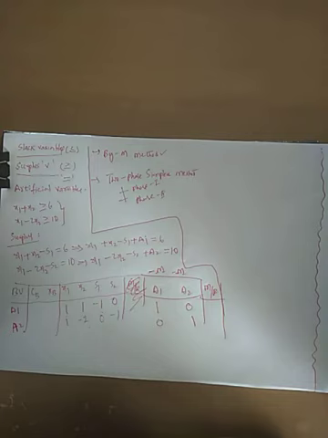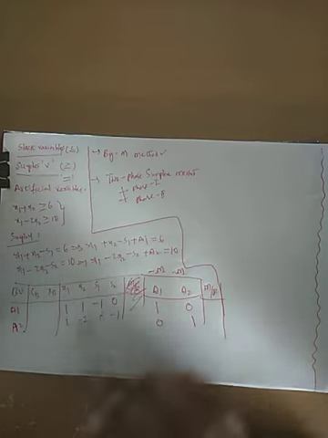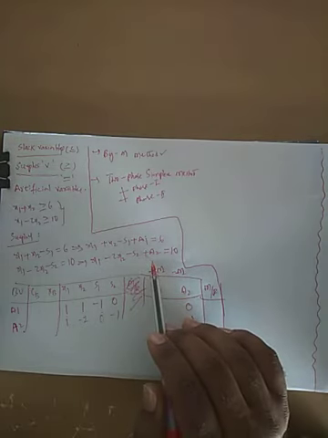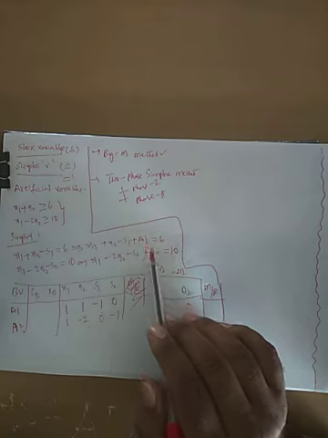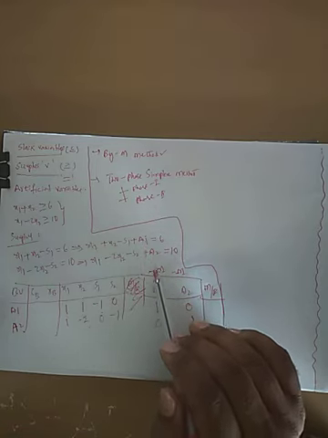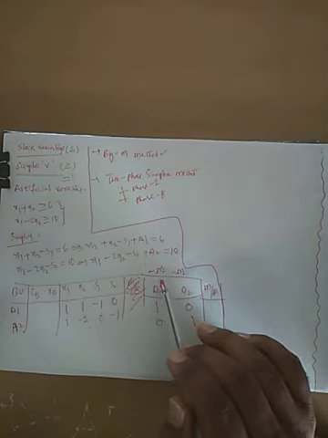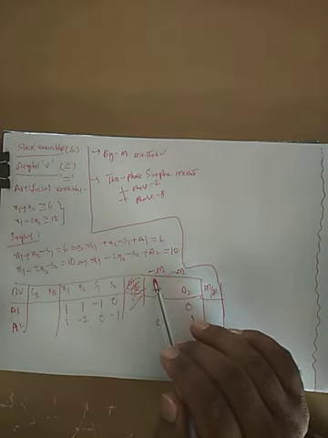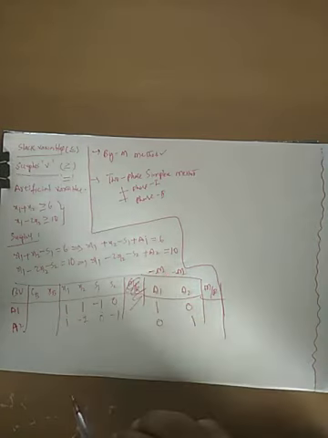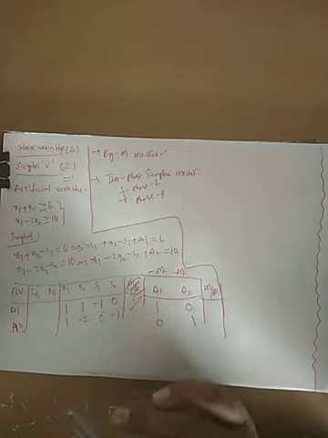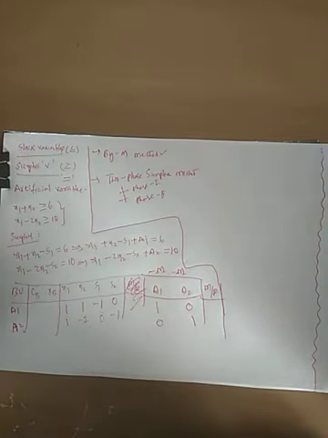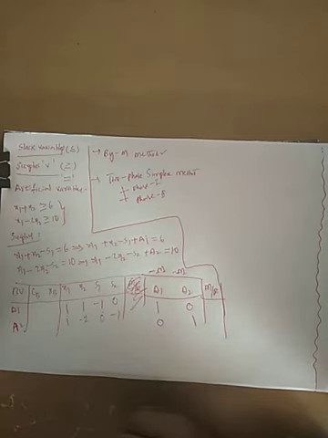Get my point? So under the big M method, what are you doing? We are considering the artificial variable cost as a big negative amount. That big negative money is denoted by minus M. M stands for money. And we solve the other steps as they are, just like our ordinary simplex method. So this is called the big M method. Now we solve a problem based upon the big M method.